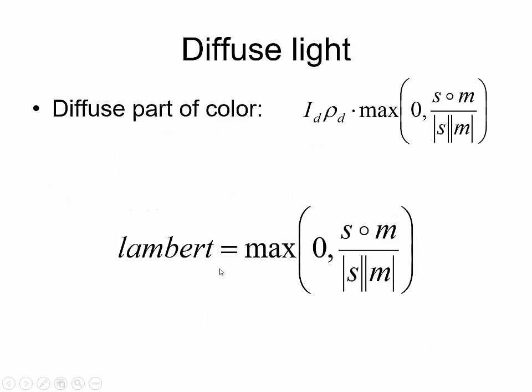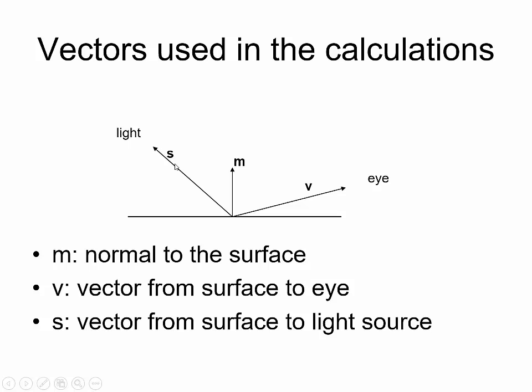And if we look at that in the picture, we're taking the vector s and the vector v and adding them one to the other, and what we get is a vector that's halfway between them. Imagine if this vector ends here and this one ends here, the vector that would end right between them would be the halfway vector. So h will be somewhere here, and then instead of taking the angle between h and either v or s, we take the angle between h and m, saying if the halfway vector is such that the normal is right parallel to that halfway vector,